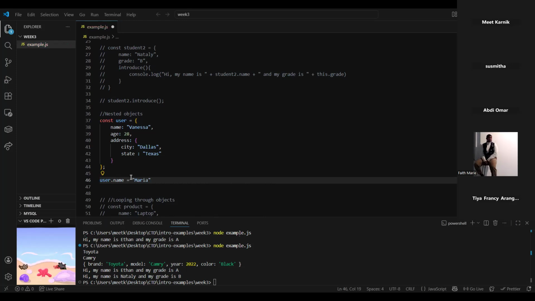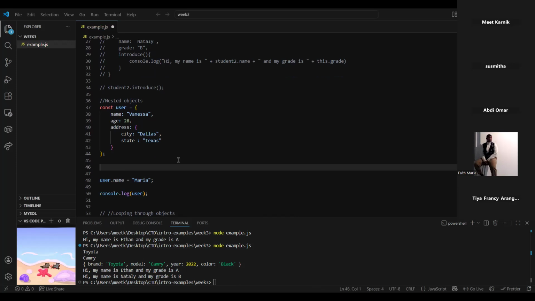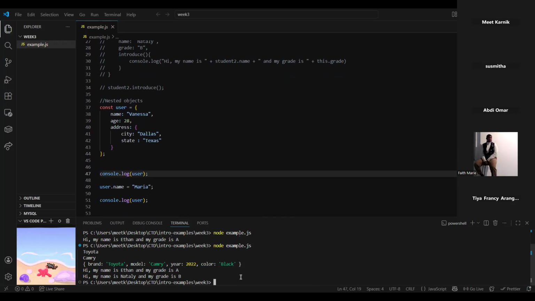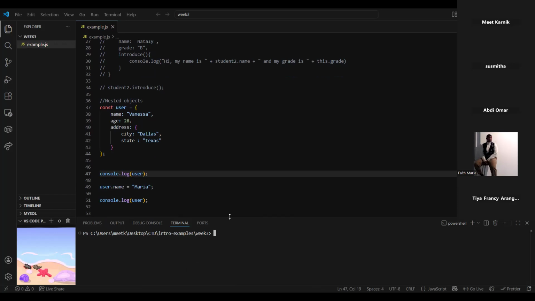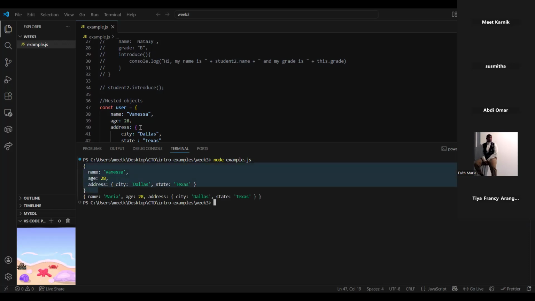If we change that and then console log the user object, I'll add another console log statement here just so you can see the differences. Let me just clear this out. And now if I call upon this method, you can see that we are just updating the values within the key. Earlier, this user was named Vanessa, but after